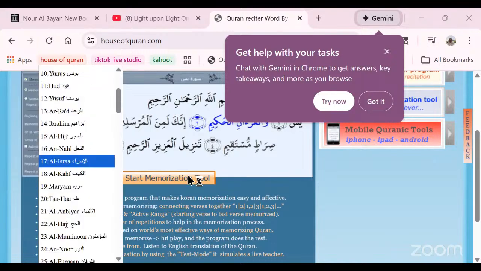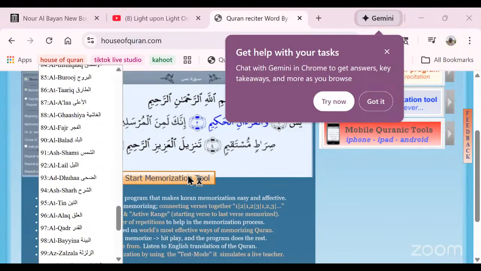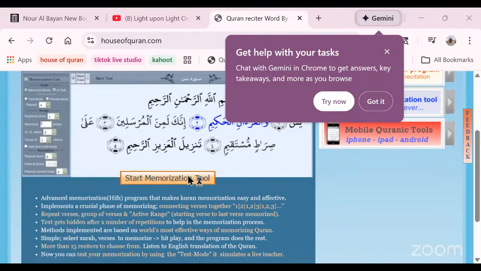Let's go to Surah Ash-Shams, Surah Al-Layl. Right. All right. So,